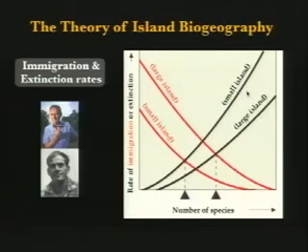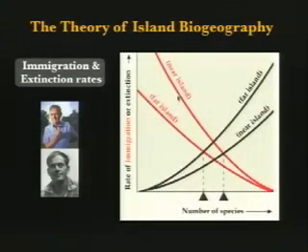What's one reason? Why? Maybe from your evolution section, why you would think that the smaller island would have higher extinction rates? Fewer resources. Yeah? What's something else? Something related? Yes? Smaller gene pools, smaller population sizes, more likely to drift to extinction. One of the reasons. Then on a larger island, where the extinction rates will be lower. So size of island plays a role in determining your equilibrium number of species, according to this theory.